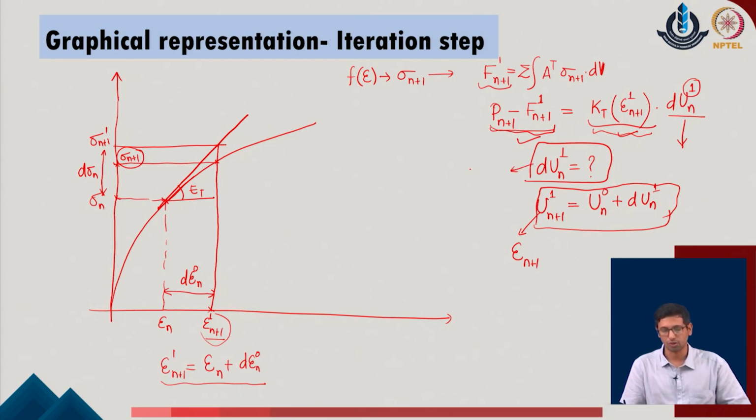Corresponding to these values, we also calculate the d of epsilon n in the given system, or we better call it d of epsilon n 1. The first increment which was provided was d of epsilon n 0, and now we will identify the next increment in the system, which is d of epsilon n 1 in the given problem, and corresponding to this increment, the value will be identified.